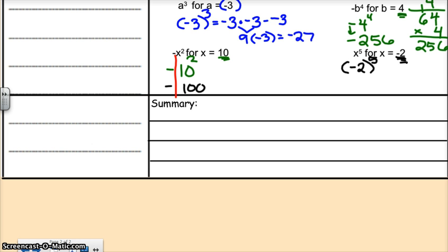Here I use my fingers. I use my fingers a lot with exponents, and I don't know why. I'm old, and I still use my fingers. And I try to encourage my students to use theirs, more so my daughter when she's sitting at home doing homework. I try to encourage her to use her fingers with exponents, because so many kids want to write negative 10, and it's not. It's negative 2 times negative 2 is 4, times negative 2 is negative 8, times negative 2 is 16. Times negative 2 is a negative